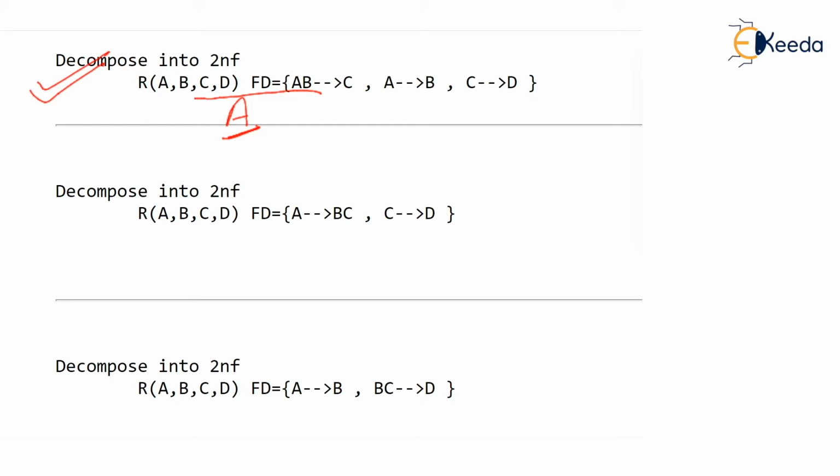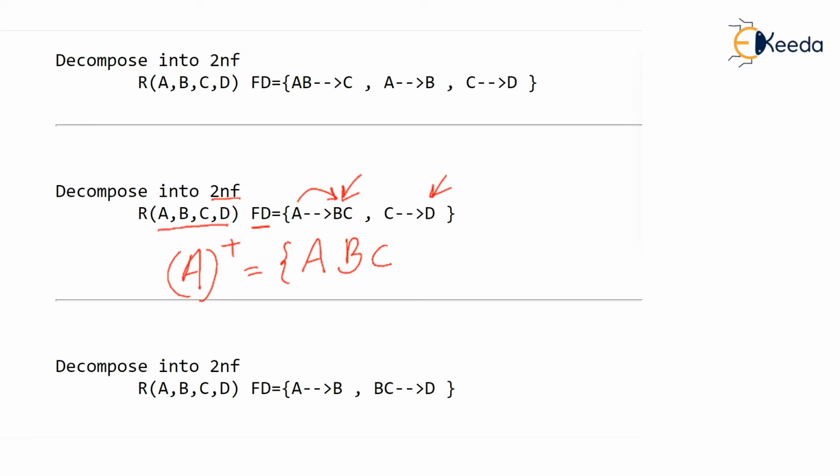Let's see the second example. Here we go. We again have 4 attributes A, B, C, D, and every FD is given. Is this in 2NF first of all? Let's see who is the candidate key here. Check the right hand sides. BC is there on the right hand side, D is there on the right hand side. A is missing. So most probably A must be the candidate key. If you find A closure, A is there and A will bring in BC.